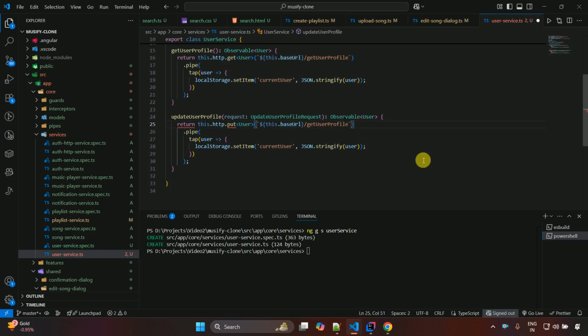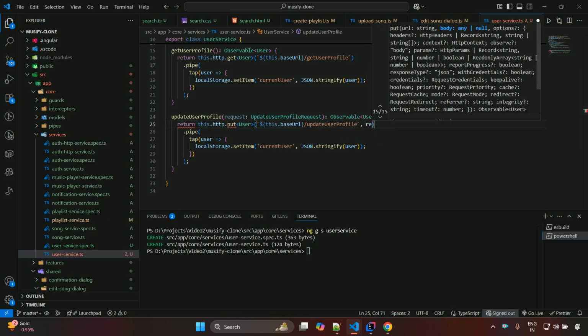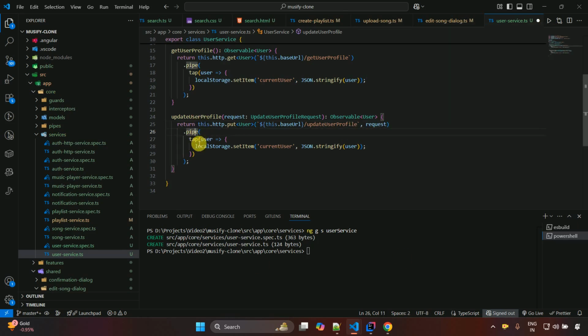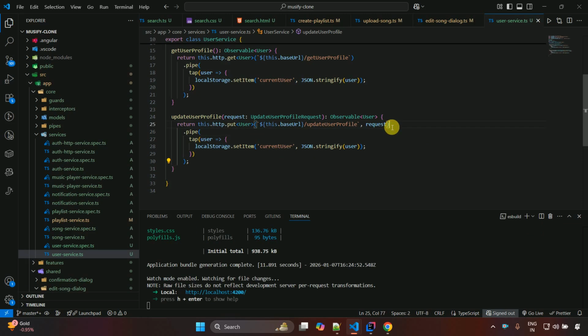user profile, and after this backtick, right here we just put a comma and pass this request object, and then pipe, tap, and localStorage.setItem will remain the same. So just save this. Let me also delete this one, and we don't have any error. Now it's time to